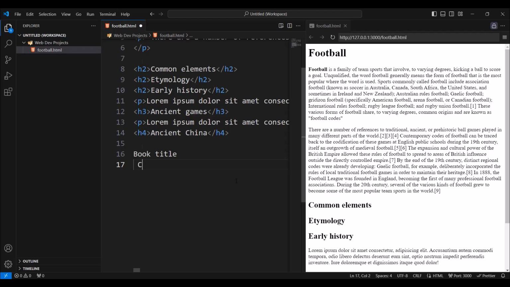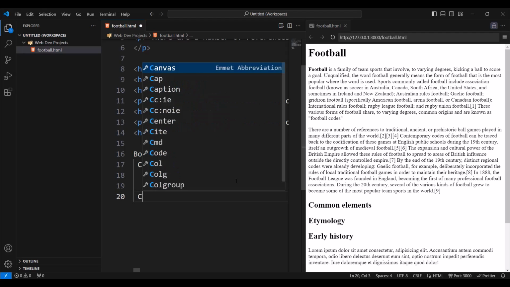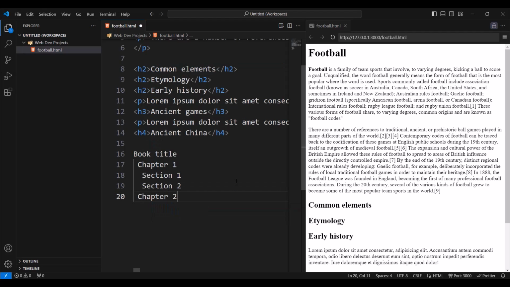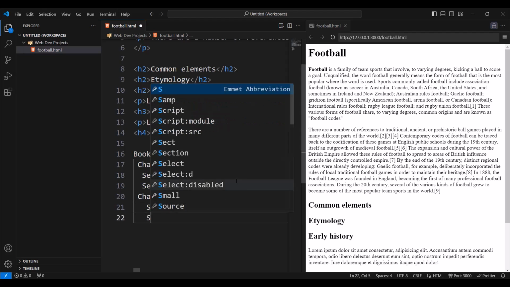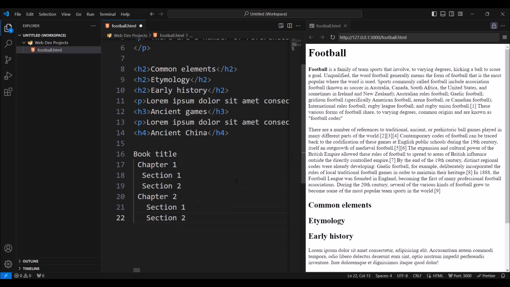I'm gonna put here chapter 1, section 1, section 2. I'm gonna go down here. I'll type here chapter 2. I'll put here section 1, section 2.